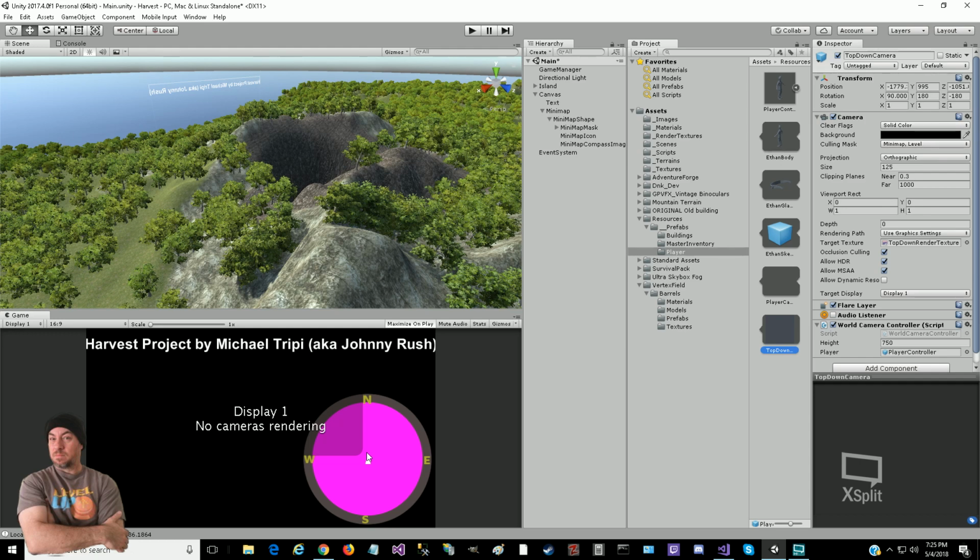Ultimately, none of that worked for my scenario here, because every situation is different, and maybe I'm implementing mine a little bit differently than others, and I found that it was easier to do it this way. And so what I created was this script called World Camera Controller script,